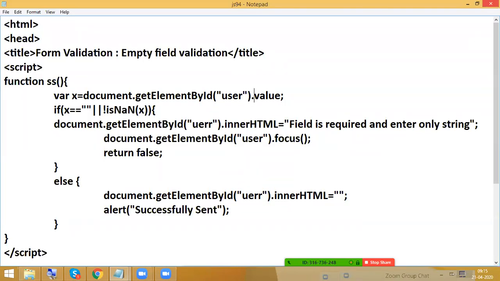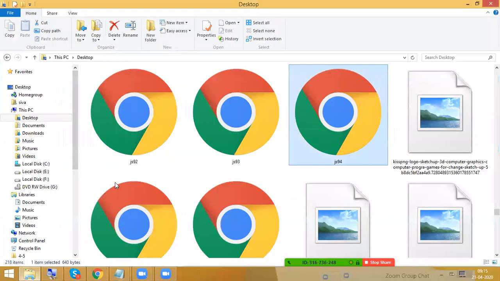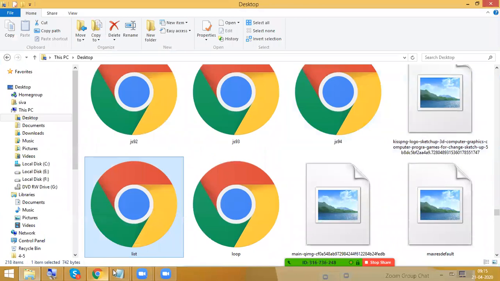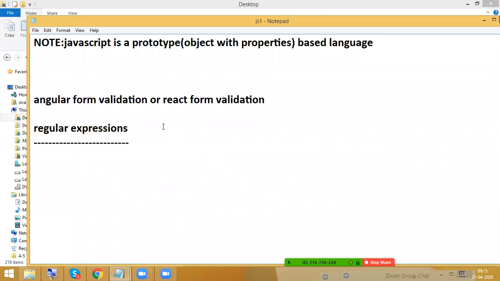Okay. So before entering into regular expression examples, here I am going to have some document. So here I am going to have some regular expressions. Each and every regular expression will start with, in HTML5 we used to call this one as what?